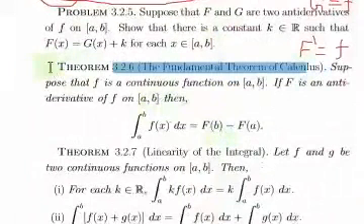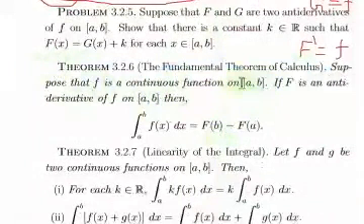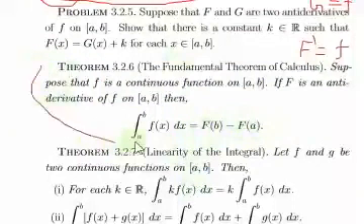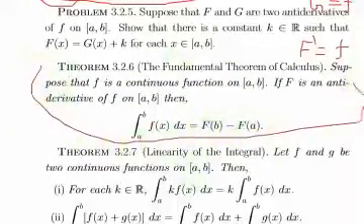Suppose lowercase f is a continuous function on closed interval [a, b]. If uppercase F is an antiderivative of lowercase f on [a, b], then the integral from a to b of f of x dx is equal to uppercase F of b minus uppercase F of a. We are going to prove this one. Let's see how we prove this